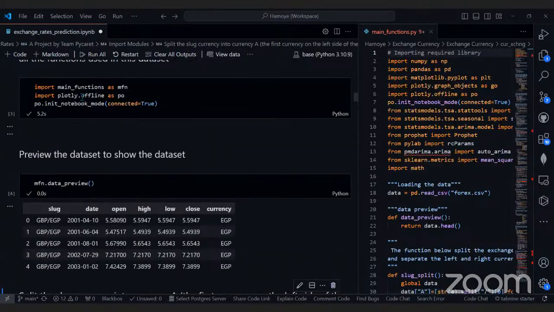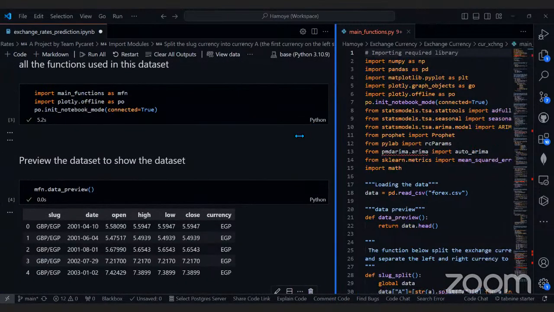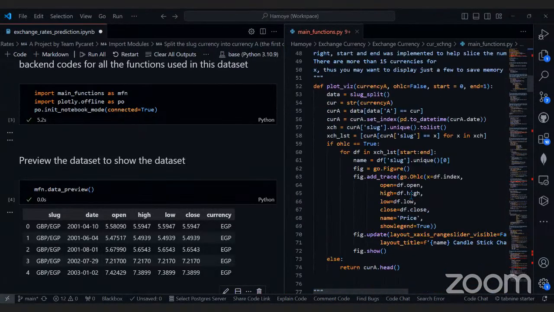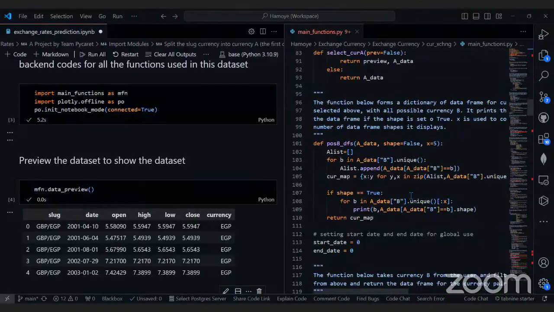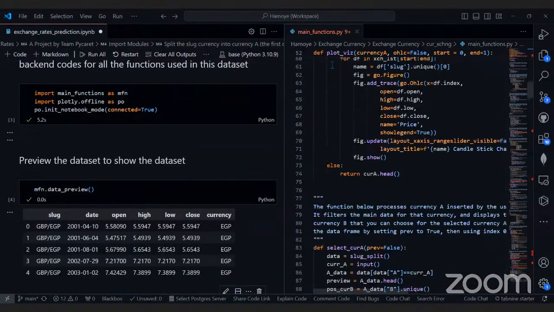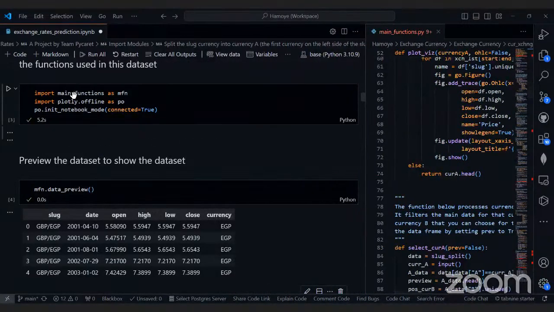After importing, this is the main function on the right hand side. It contains a lot. Don't worry, we're going to go through all of it, but it contains a lot of stuff with some comments about how to use the functions. I call it the back end of our project. Everything is being done through this module, but we'll come to that very soon.